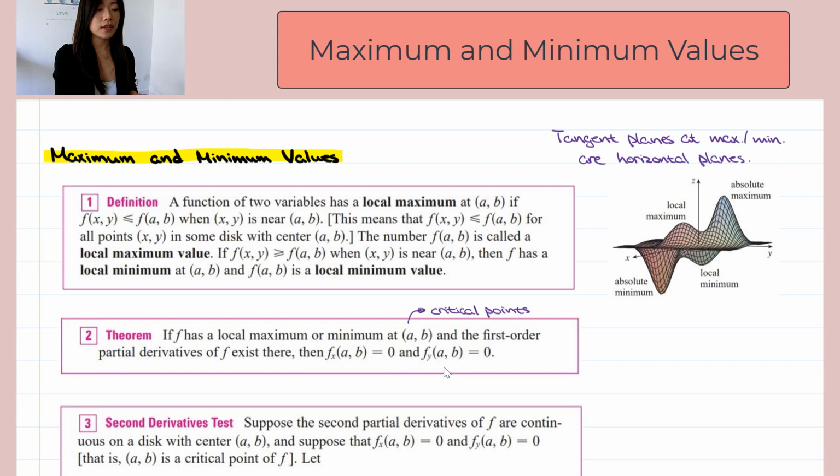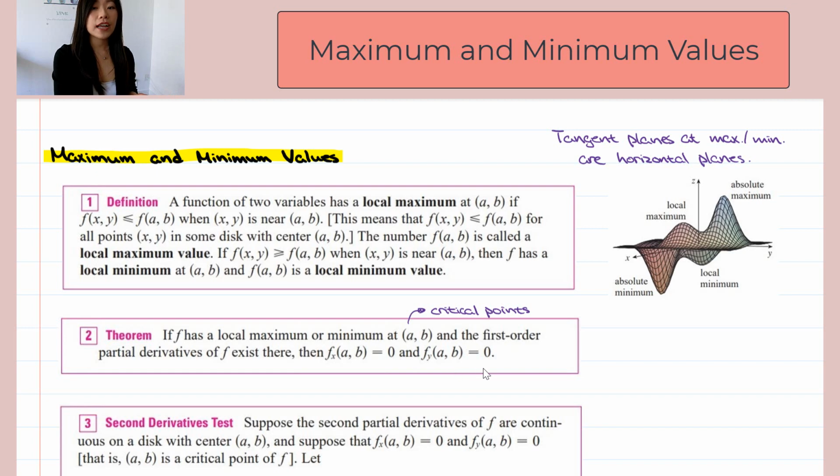Another way to view this is, at the critical points, the gradient of the function would be a vertical vector. For example, at this point, the gradient of the function will point directly downward. And at this point, the gradient of the function will point directly upward. So the gradient of the function at the critical point has no x and y components. That is also why we set the first and the second components of the gradient of the function to be